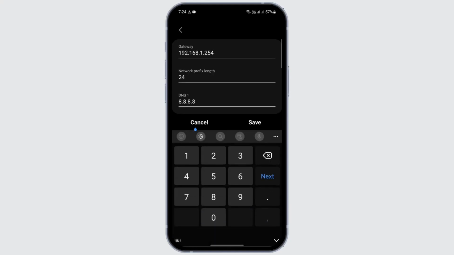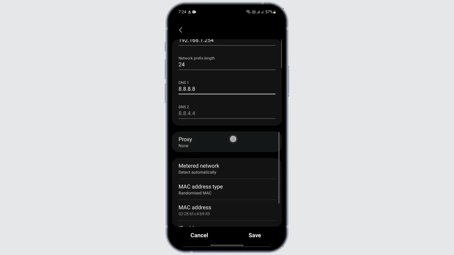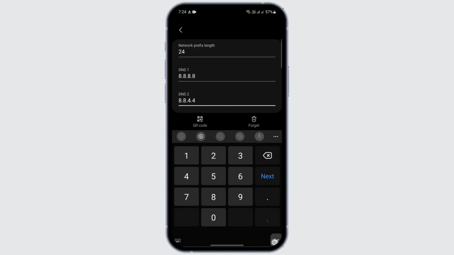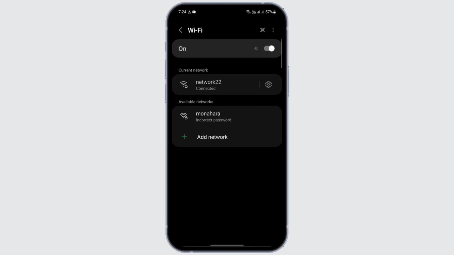I want you to make the DNS1 8.8.8.8 while the DNS2 8.8.4.4 and save the settings. After saving the settings, I want you to restart your phone and see if that fixes the issue